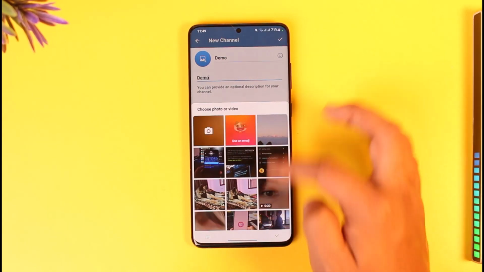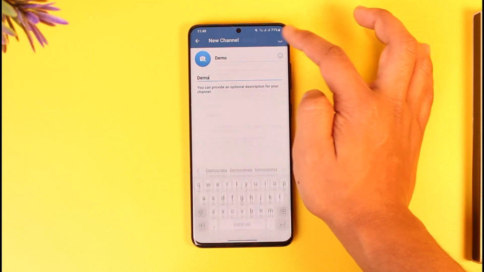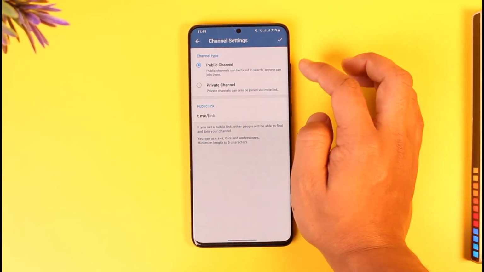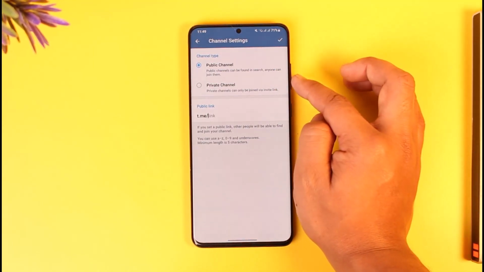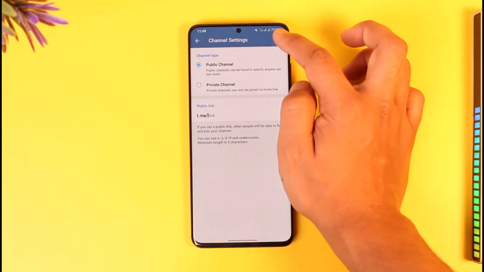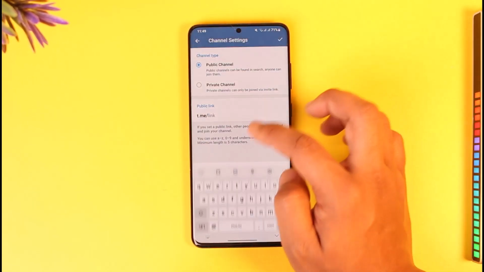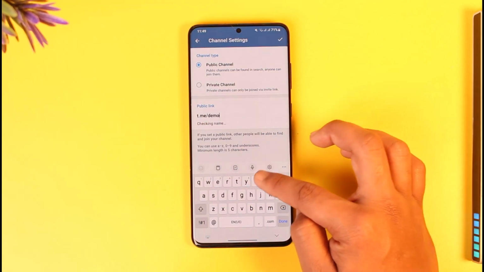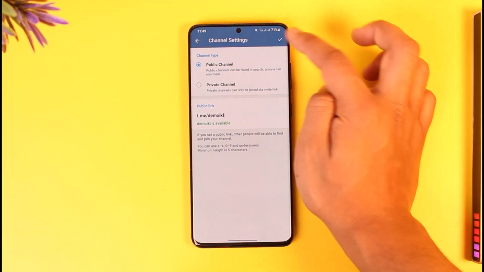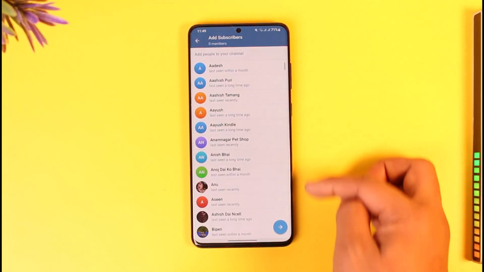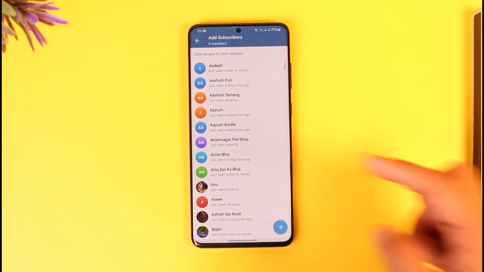And once you've done that, you can tap the arrow icon from the top right. You can choose whether you want this to be a public channel or a private channel. You can also select a link and then just tap the arrow icon. Otherwise, over here you can simply enter any link that you prefer and then just tap the arrow icon. You can also add subscribers from your contacts, by the way,